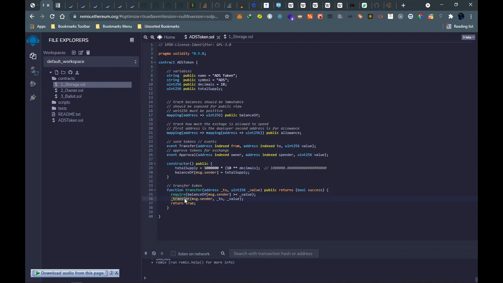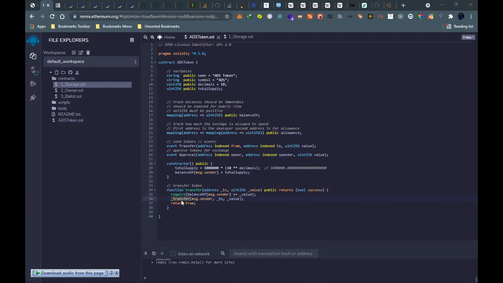So in OOP, we have inheritance, and it means that a function can inherit the properties of the child function, if I can remember the definition of inheritance.